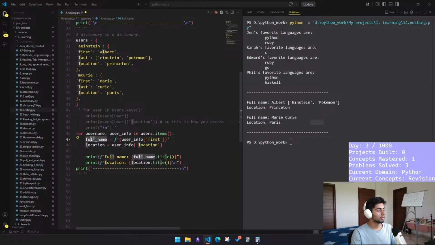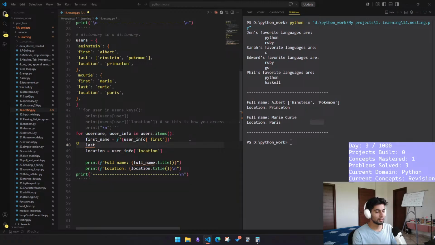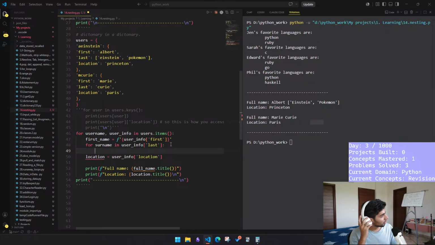We can have the first name and then we can have the last, so a for surname, and control V. So for surname and username the last. So we have a list, and what we are doing is